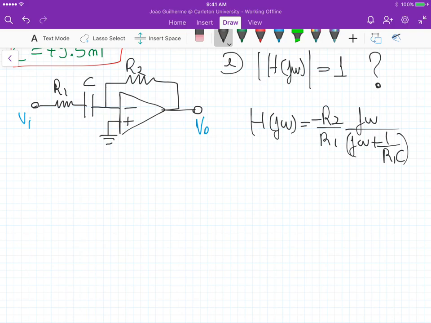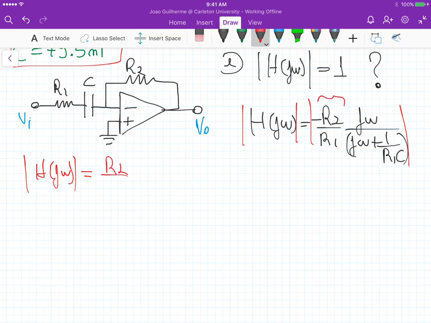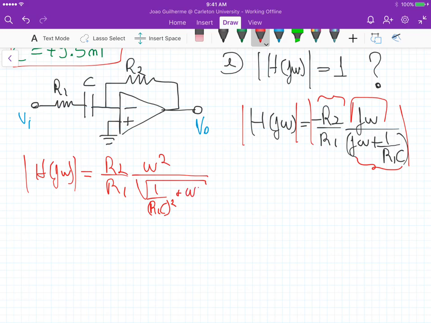So if we take the magnitude of that, okay, so if you take the magnitude, basically the magnitude of A(jω) is equal to the magnitude of this part here, R2 over R1, because it's just like real numbers, times the magnitude of this one here, so it's ω squared divided by the square root of this complex number inside the parentheses, which is 1 over R1C squared plus the imaginary part, which is ω squared, and that should be